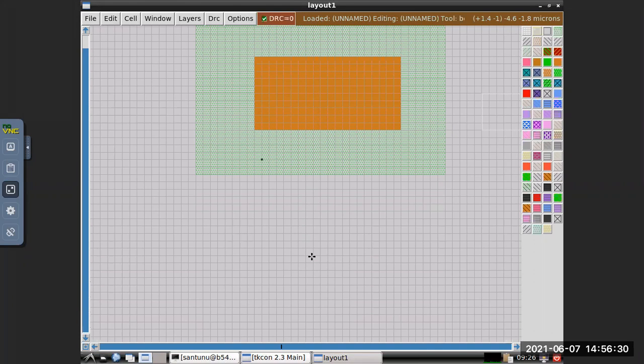Now what will we make? For NMOS, N diffusion is required. So for that, this is the P substrate. No need to draw the POL, or you can draw POL also, not a problem. So again 6 boxes.